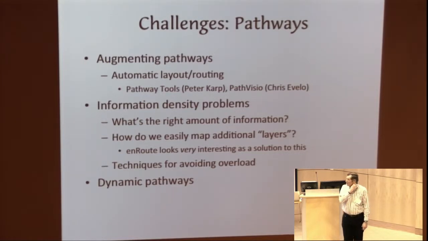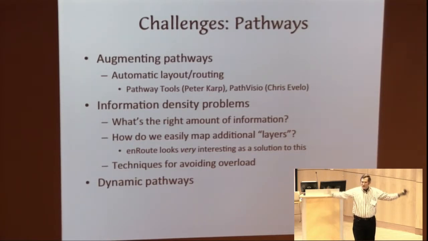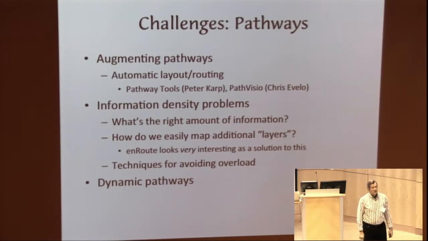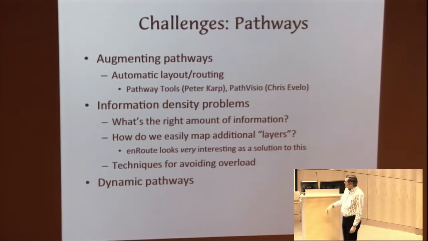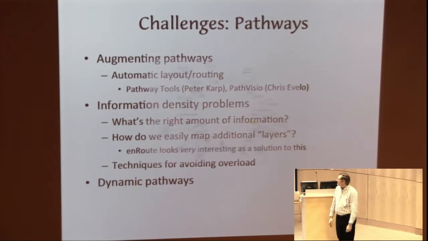The big thing is information density. I have a node in the pathway. I'm sort of constricted as to what I can do with that node. I want to map lots of data onto that, short of having a bunch of ancillary windows and alternatively mapping them in and out. How do I do that? The approach that we heard about yesterday looks really interesting. And I'm interested in seeing where we can go with that in a pathway context. That's probably the most interesting approach that I've seen in a while. And obviously, pathways aren't static. We know about that. That's another thing that we're going to want to see.